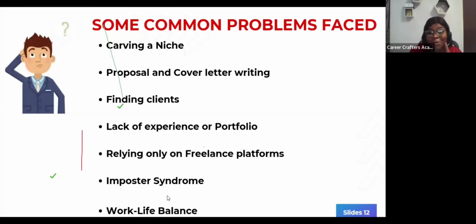The guys in our community, in Career Crafters Academy, some of them even apply for jobs that they cannot do, but you see them, they will wiggle their way and they will get the job. But some ladies, they can do it, but they hold back. So it's something that happens to the best of us, and you need someone from time to time to encourage you, talk to you, ginger your spirit.